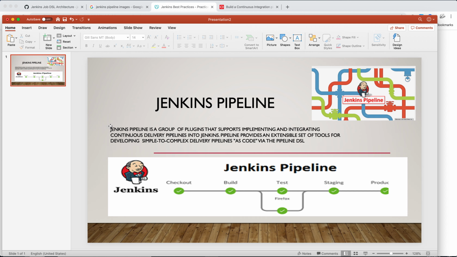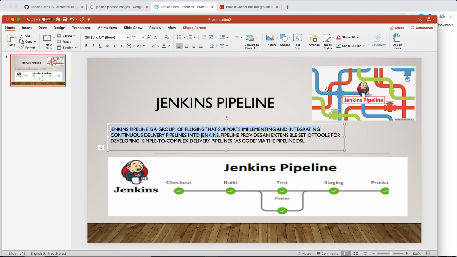We will discuss it word by word in detail. The first sentence says Jenkins pipeline is a group of plugins that supports implementing and integrating continuous delivery pipelines into Jenkins. What does that mean?